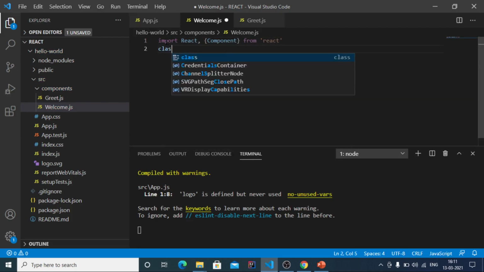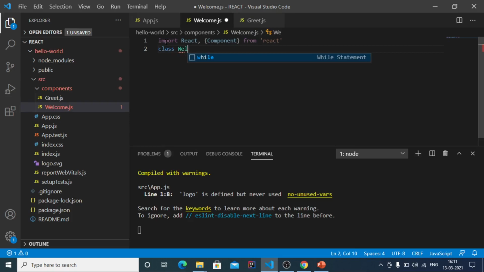Now we will be creating a class Welcome. In order for class Welcome to become a class component, two steps are required.